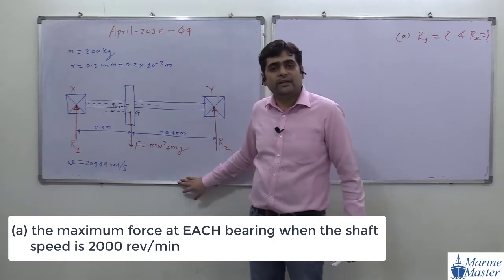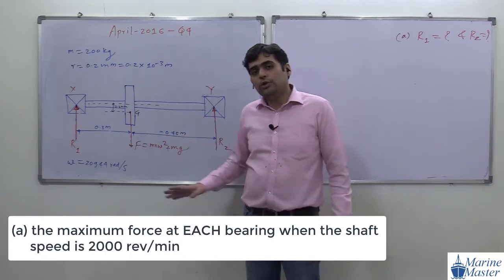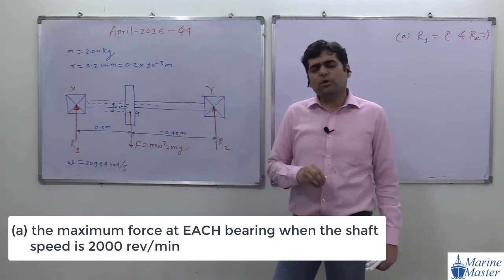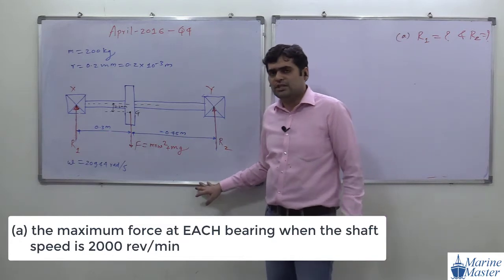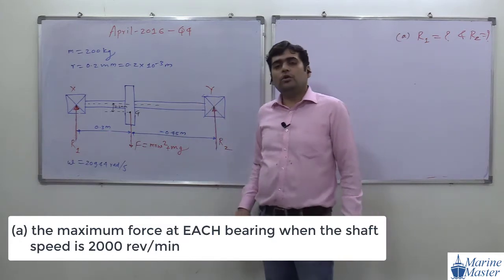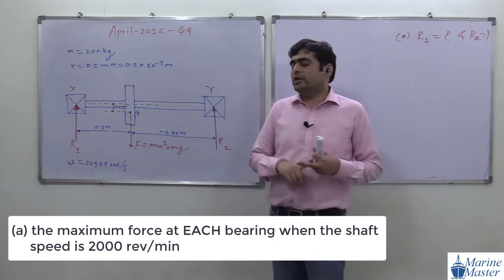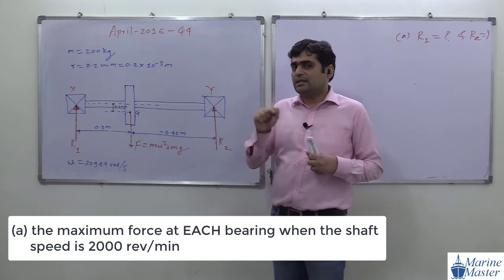Coplanar or non-coplanar? Coplanar means, I told you guys, almost all questions except one or two, I am not going to take in the class. So almost all questions, our system is coplanar only. It may be concurrent, it may be non-concurrent. Coplanar means same plane, concurrent means passes through the same point.